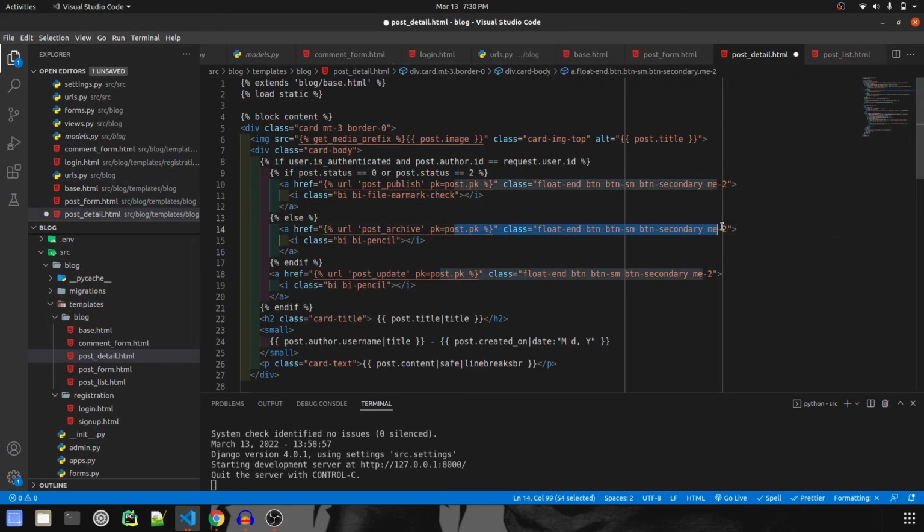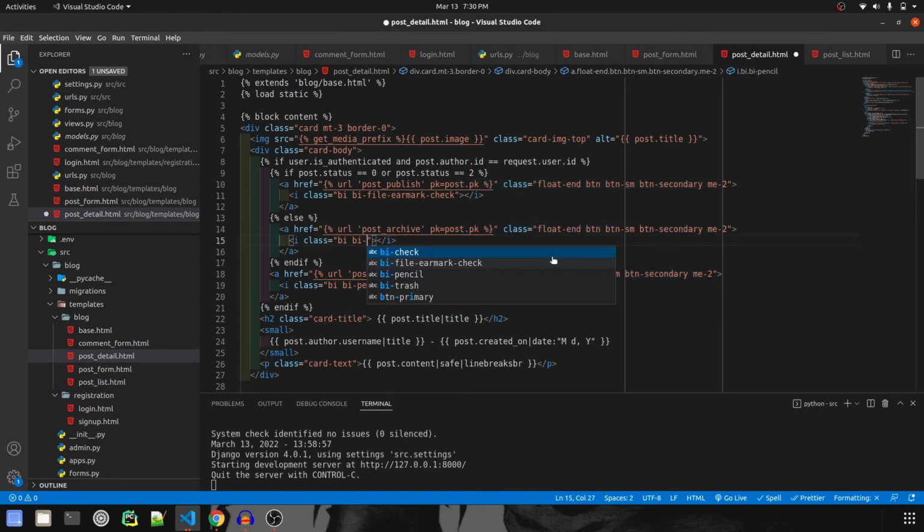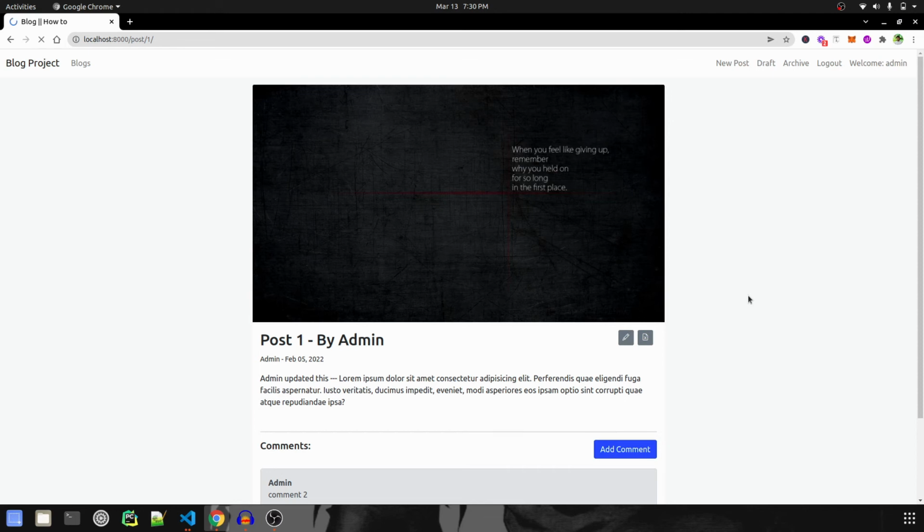This will remain the same, everything will remain the same, and we'll update the icon over here. So it will again be file earmark Excel. We'll save it, go back to the browser, refresh and check. Yes, there we go. Now a button is coming that says X, and if we click on this,